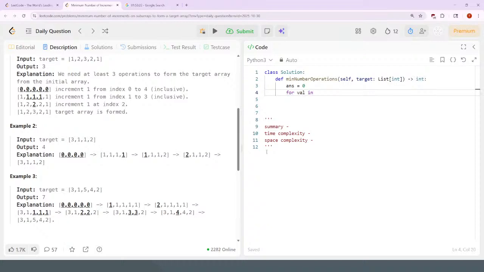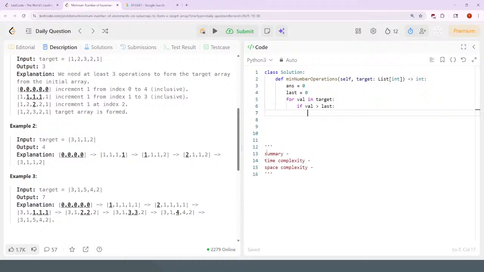For every value in the target array, maybe it's just the last value. If the value is bigger than last, then last equals this value, else